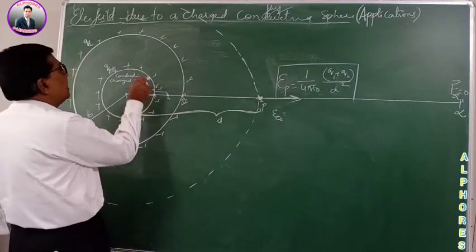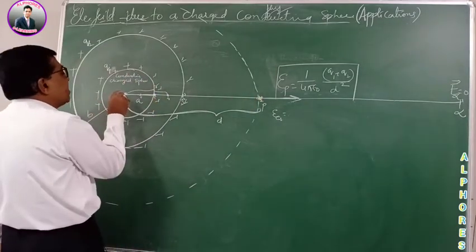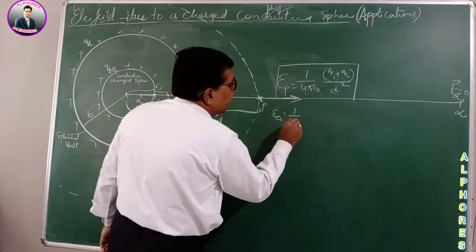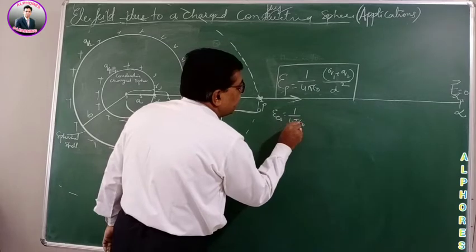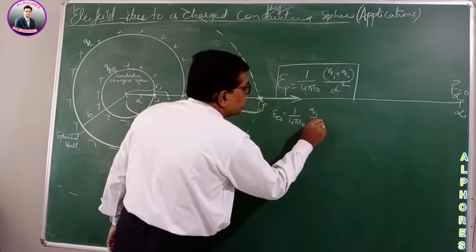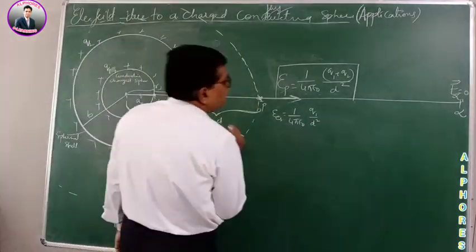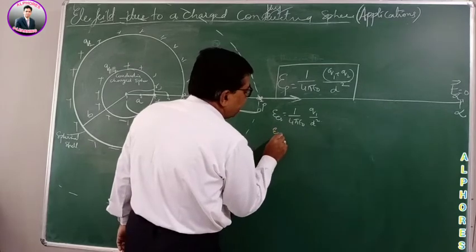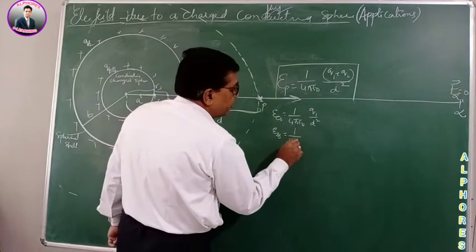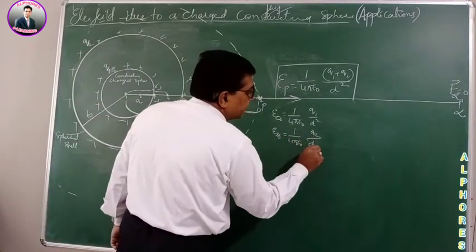Now, for a conducting sphere, whenever you take a point outside, it behaves as if all the charge is concentrated at the center. So charge is here, distance is d. We know for a conducting sphere at the outside point, the field is 1 by 4 pi epsilon naught, charge on the conducting sphere by the distance of the point square. It obeys inverse square law. Similarly, the electric field due to the spherical shell: for this also, at the outside point, the formula is the same, 4 pi epsilon naught, but the charge is Q2, so it is Q2 by d square.